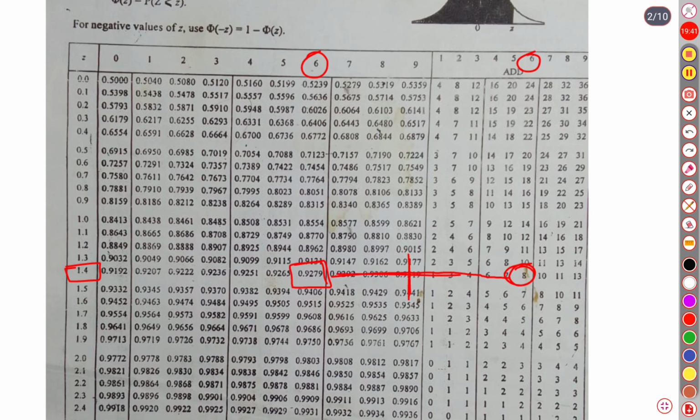So it is 0.9279 plus 8, as I have shown in the previous one, 0.9279. After that we add the final digit, which is 8. So our probability is going to be